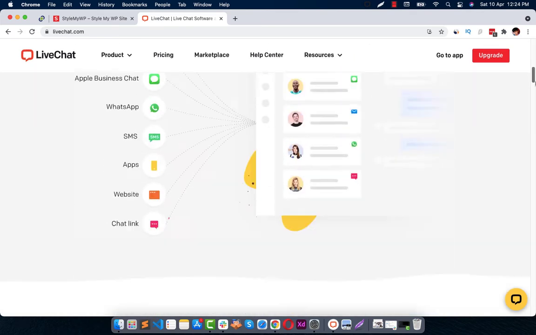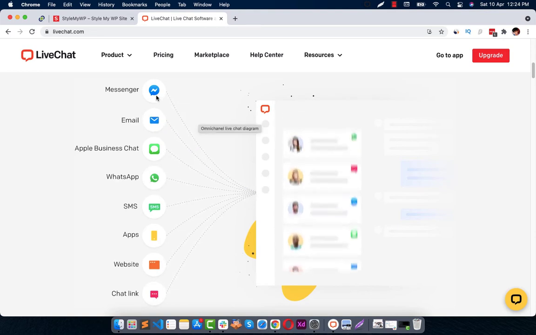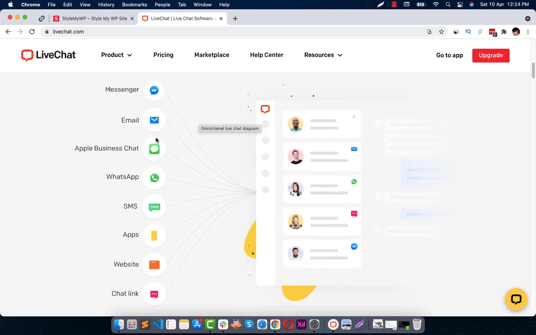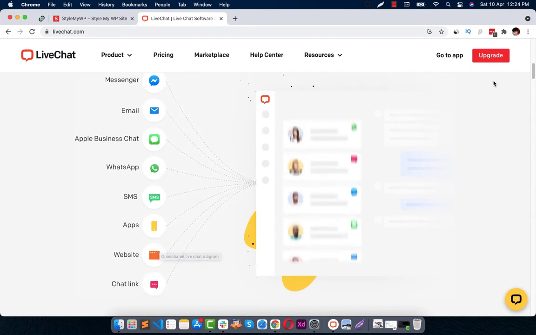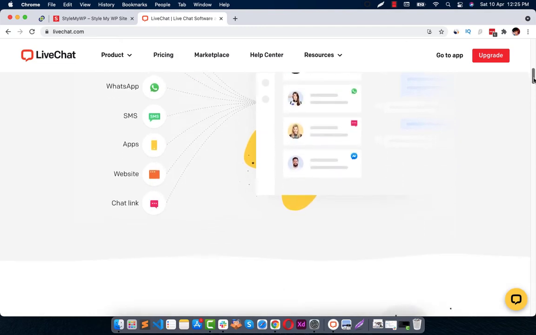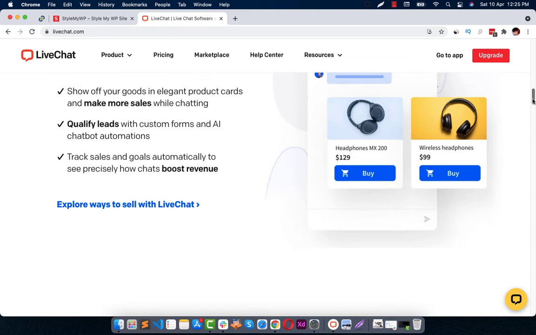With this plugin, I can do a lot of things. I can connect my Messenger, email, Apple Business Chat, WhatsApp, SMS, apps, and website, and there are a bunch of features like knowledge base, canned replies, quick replies as you may call them, and it's just awesome.